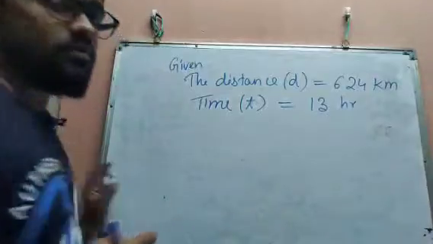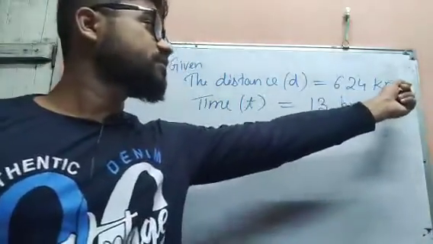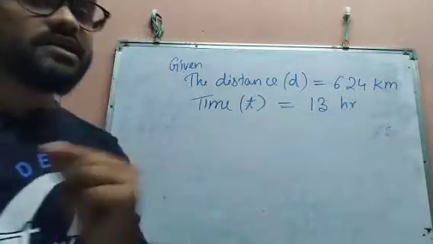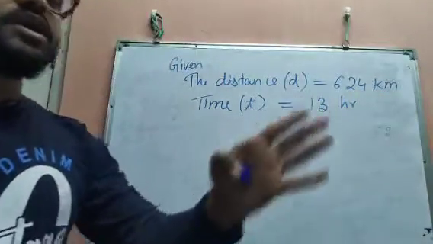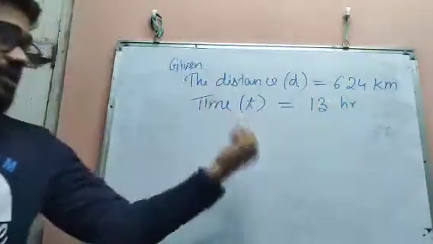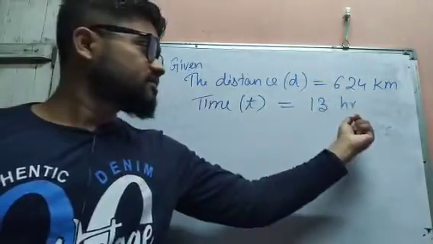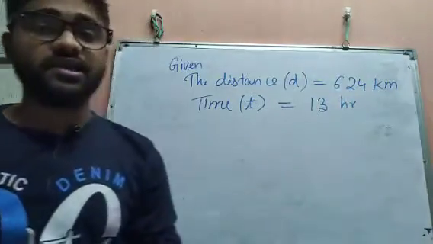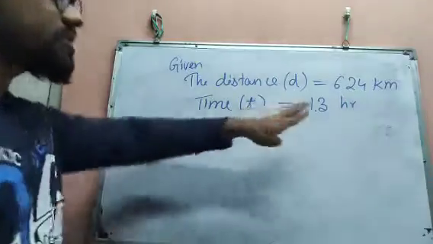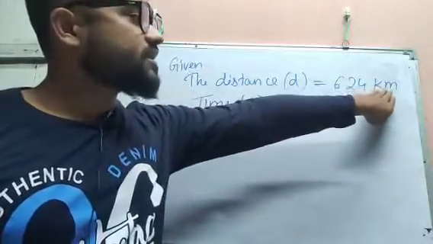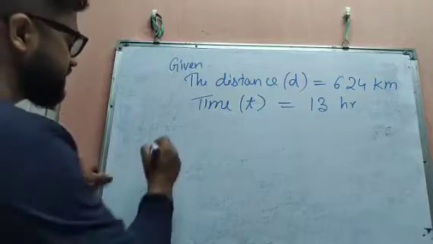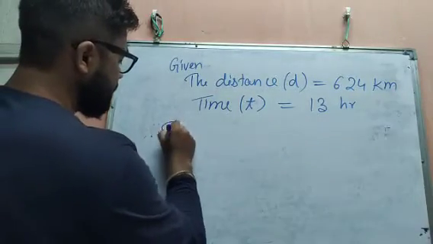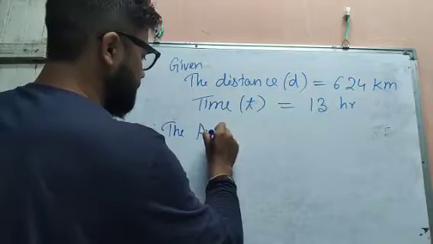Be careful when you write the unit, because kilometer per hour or meter per second, if one is in meter and one is in hour, then we have to convert either the distance to meter or the time to second. Okay, that's why always be careful when you do the maths in terms of the unit. Okay, so kilometer per hour, it is matching now. So therefore the average speed